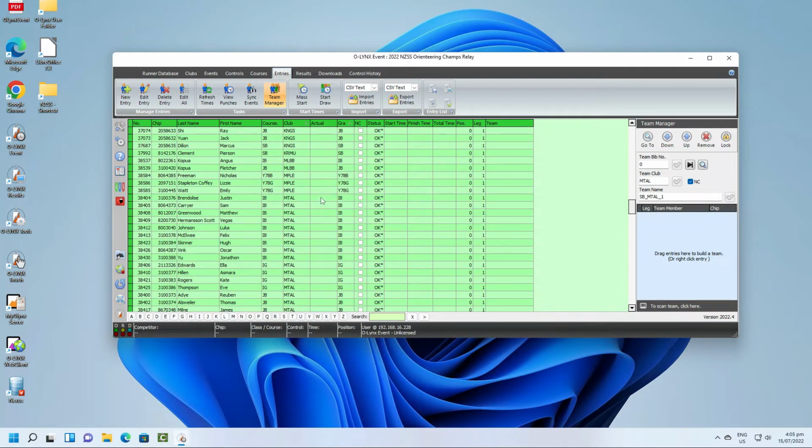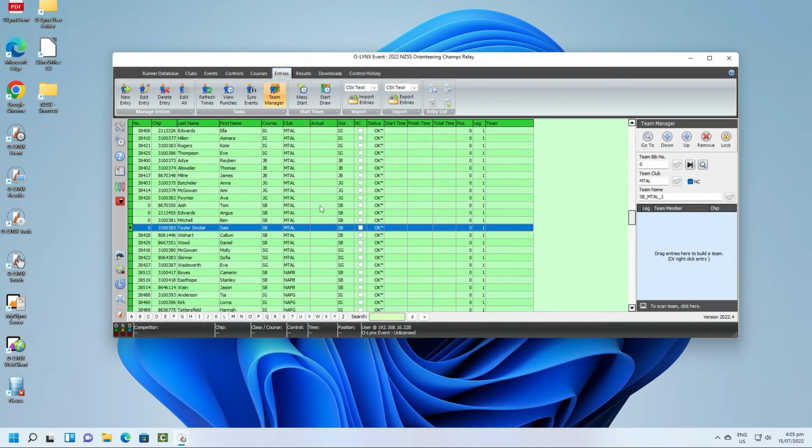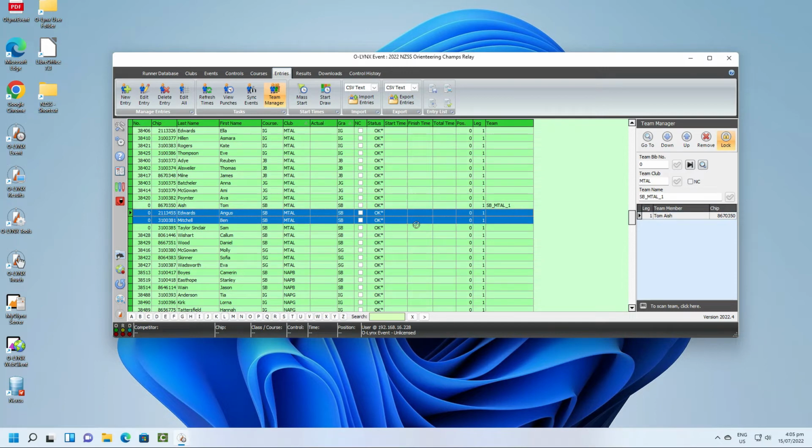The first way is by dragging and dropping. So to set up a senior boys mags team, I can just drag the members over to the team manager, and the order I drag it is the order of the team. I can then rearrange the team if I need to. We get a team name and a team club,